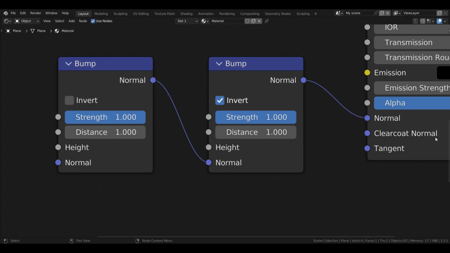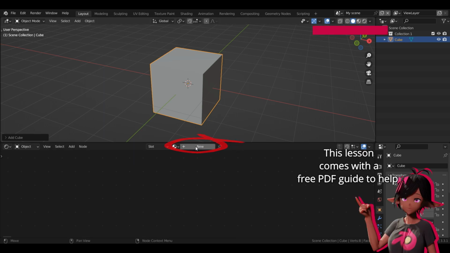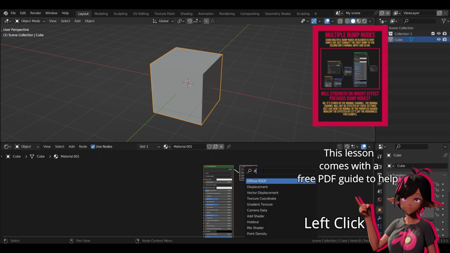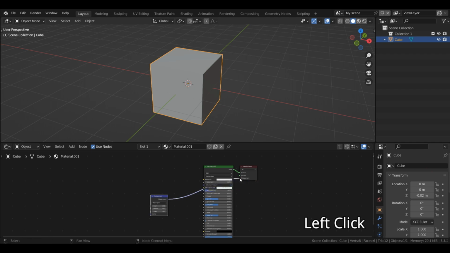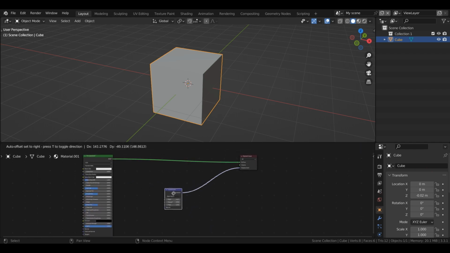Before we cover displacement, we're going to need to set up a few settings. First of all, I'm going to create a quick material. So with my cube selected, I'll press plus new, then I'll press Shift A, and I'm going to search for displacement. The displacement node will just plug into the displacement of the material output. By default, when we're using our displacement node, it will act almost a bit like a bump, but we're wanting to use our displacement to the full effect.